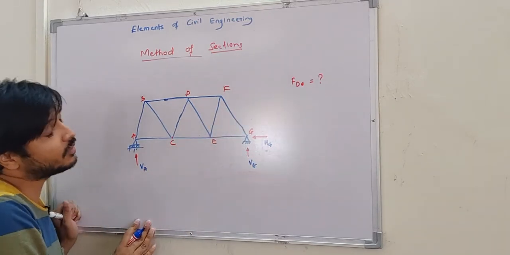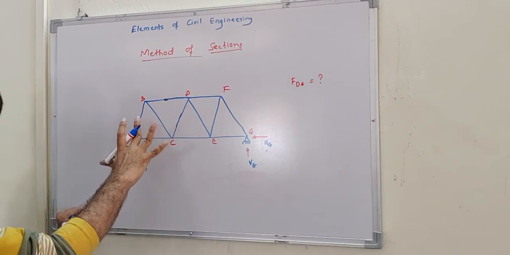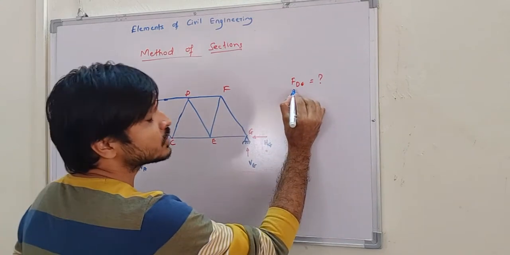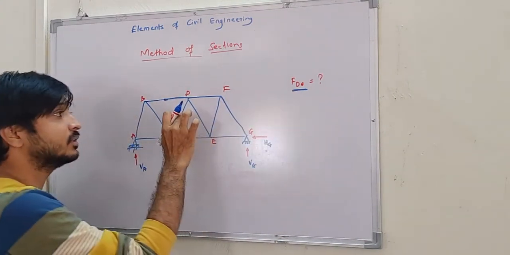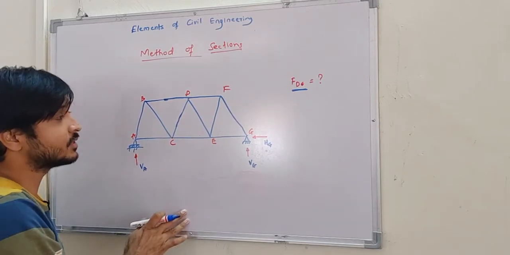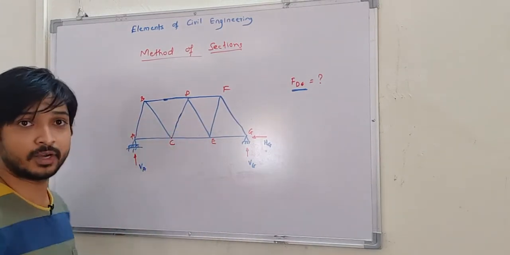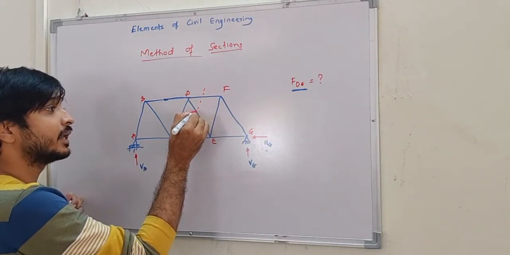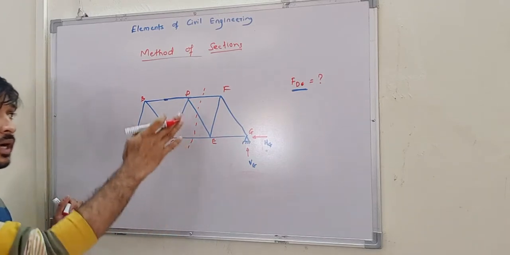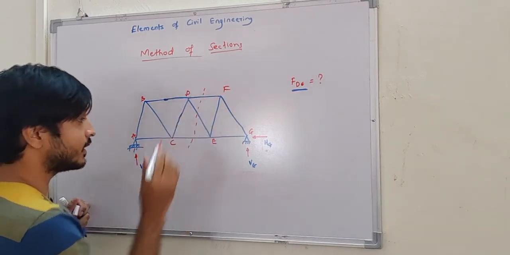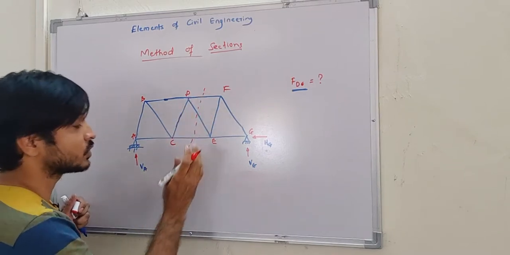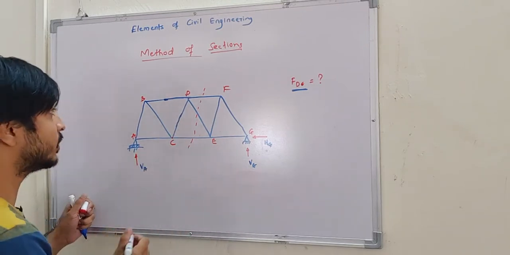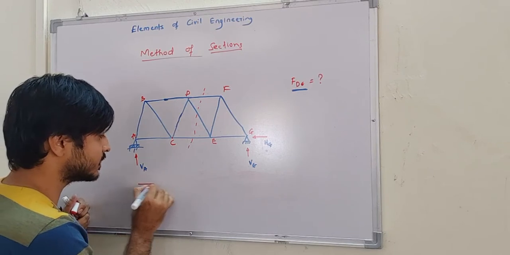First we calculate that. Then we cut the whole truss into two different parts. If they ask you to calculate the force in the member DE, you have to cut the DE member such that the truss becomes two different sections. Like I can cut this section like this. Now see here, I am cutting it like this. There are some rules to cut in this method. Now if I draw this cut section, you can consider the equilibrium on the left side or on the right side. If I take the equilibrium on the left side, it will look something like this.